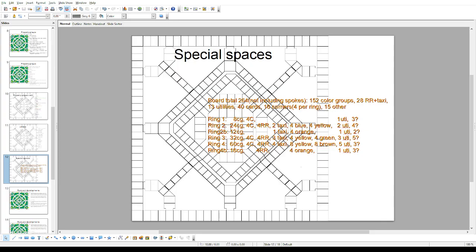All right, so what am I doing for this stream? Well, I have laid out here a chart of what the composition of the board is, and I'm going to get to what the special spaces are going to be. In hindsight, I probably should have put the number of spaces per ring in this chart. Anyway, so ring one,